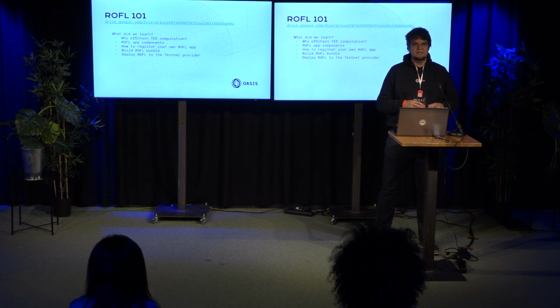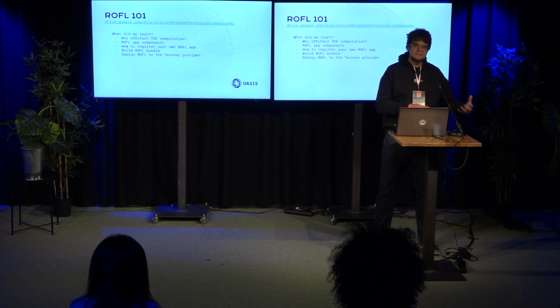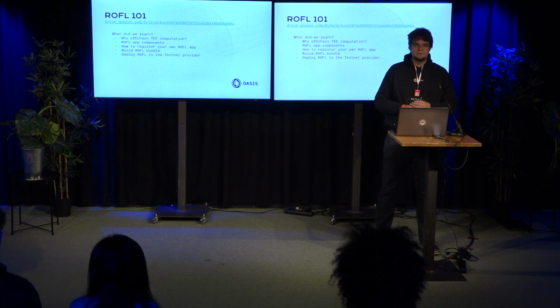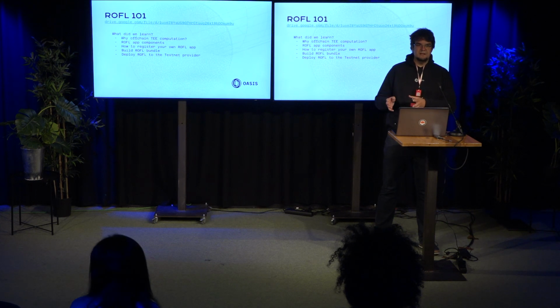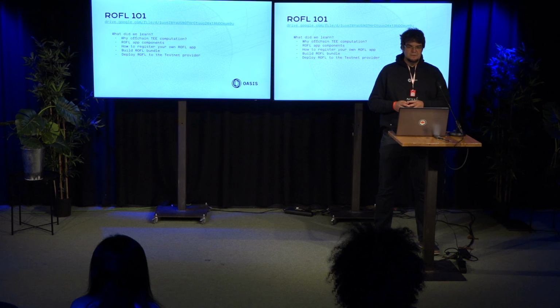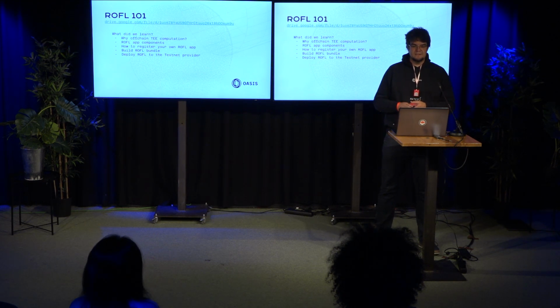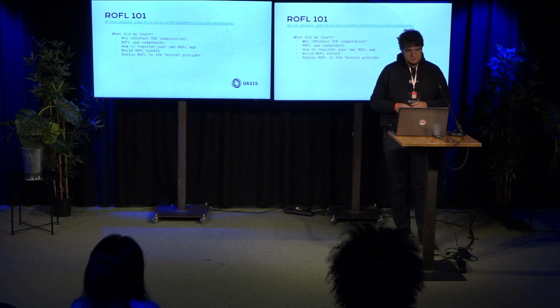You can do it off-chain. It's still running inside the TEE, so you can trust the computation, but you can do more compute-intensive apps like AI, gaming, and so on. And we discussed what a ROFL app looks like, the components. You have a configuration file called the manifest file, ROFL.yaml. Then you need to register your ROFL app on-chain. You need to pay some fees for that, but basically you just stake your assets there, and once you deregister the app, you get those assets back. So this is just for spam protection.